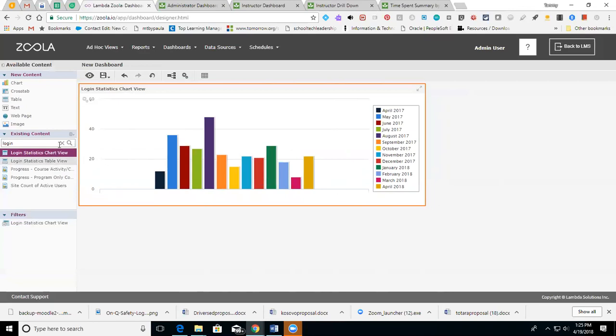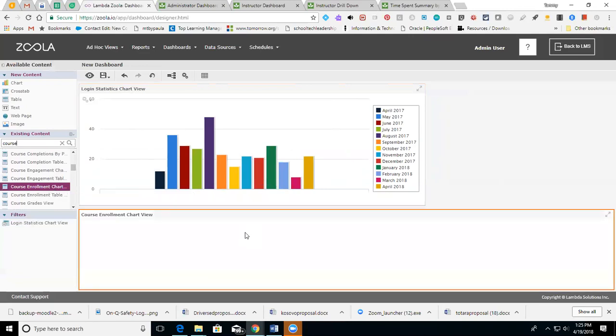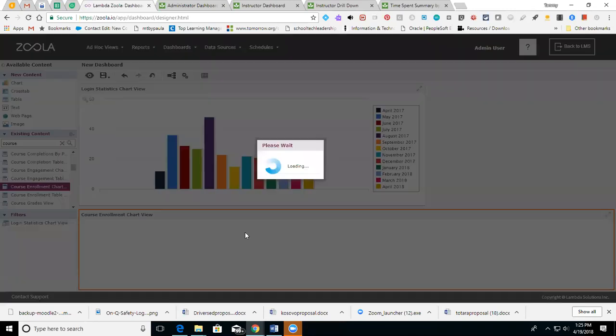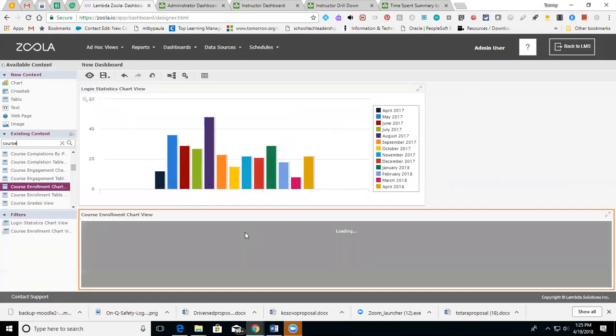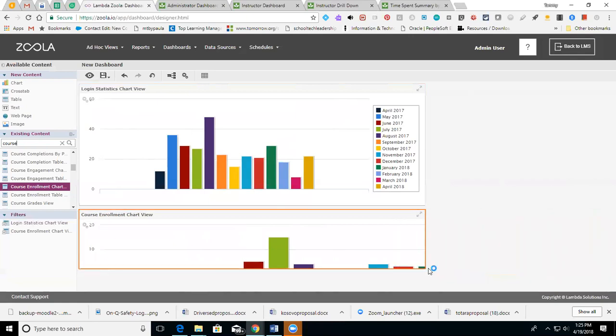So then I also used a course enrollment. So let's try under course. Engagement, course enrollment chart. All right, let's see what that looks like. And we can pull that in. And it's thinking. Okay, that looks pretty fun. And so I'm going to resize this to about the same size here